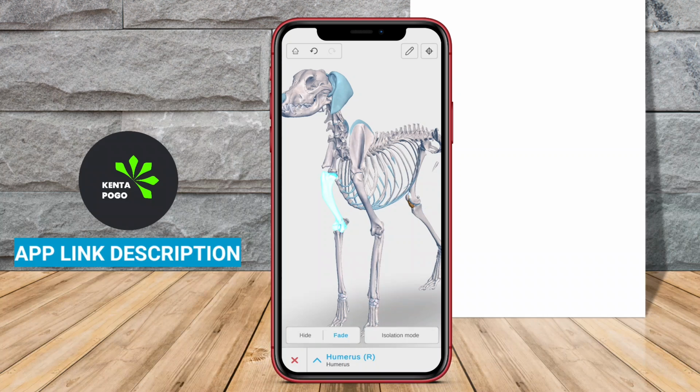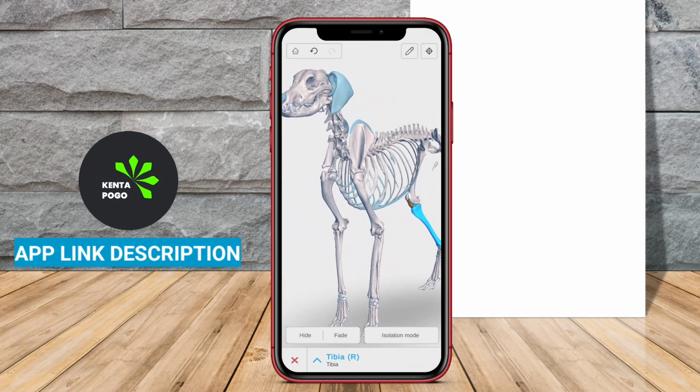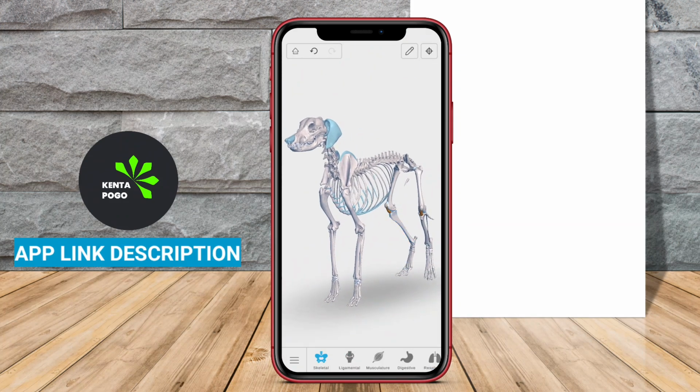insights into how these components work together. The interactive nature of the 3D models allows for rotation, zooming, and highlighting specific parts, enhancing the learning experience. Complete Canine 3D Anatomy may also include informative descriptions and labels for different anatomical features, making it a valuable educational